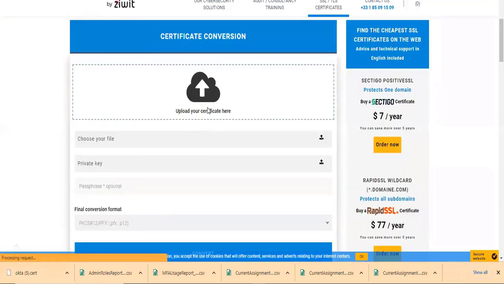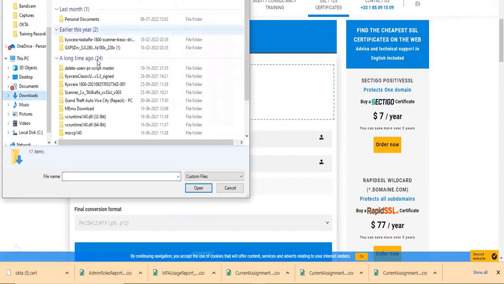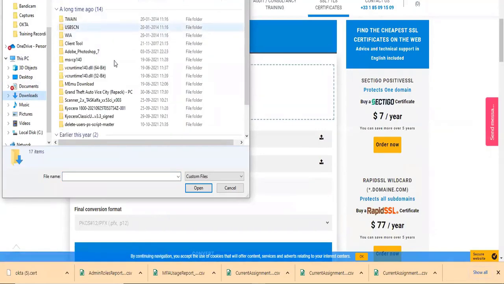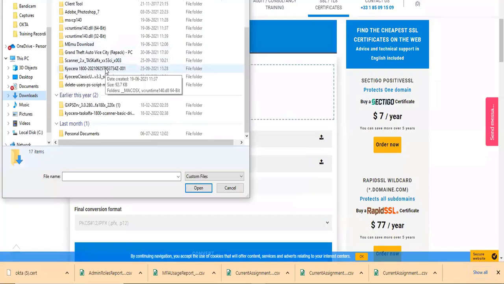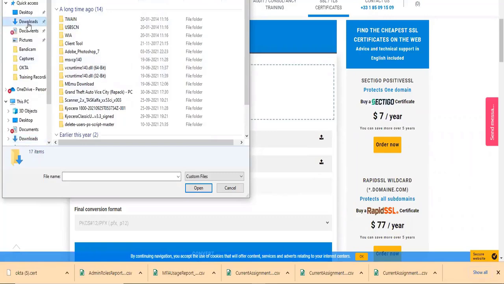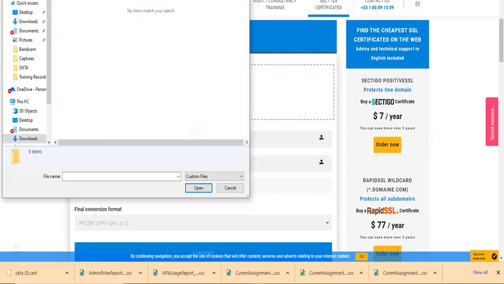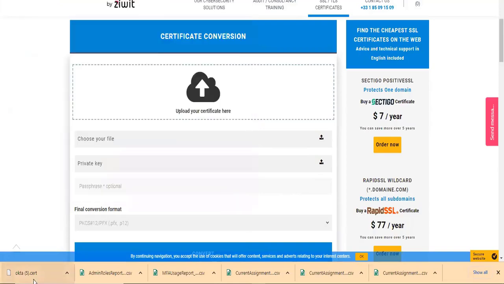So we need to upload a certificate here. Date modified, just download. Maybe it's looking for the PEM or some other folder it is looking.